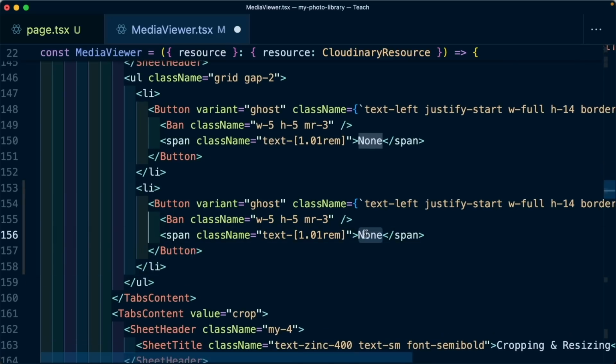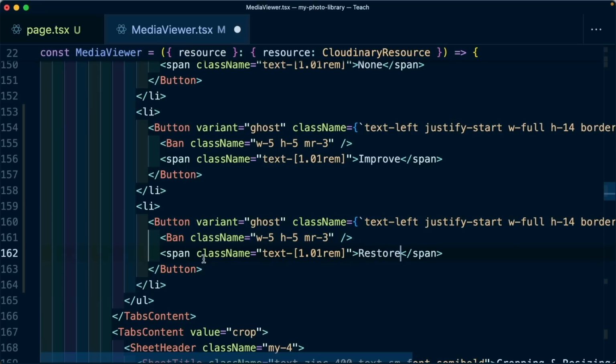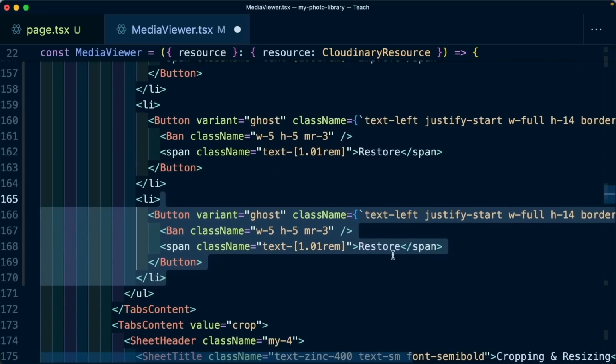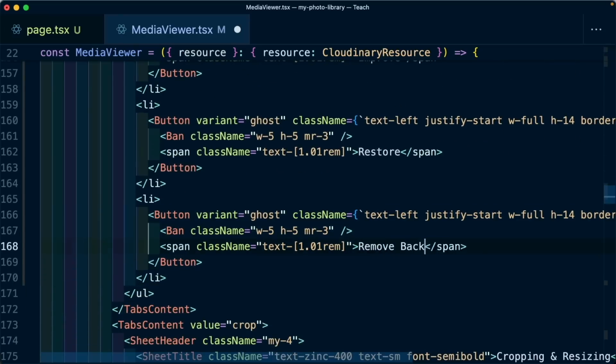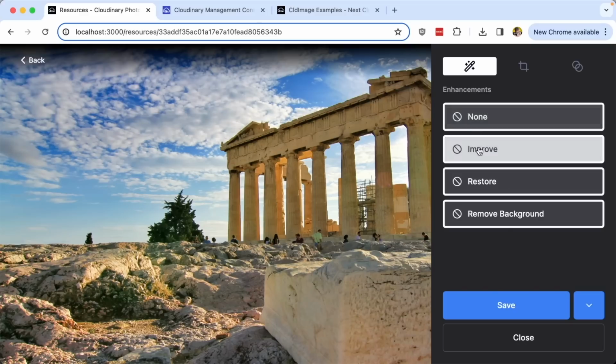I'm going to start off with, how about improve? I'm going to add another one of restore, and then I'm going to add yet another one of remove background. Now, if we refresh the page and reopen the panel, we can see that it was updated with all of our different options. But now let's try to get this set up so that we can actually store whatever enhancement